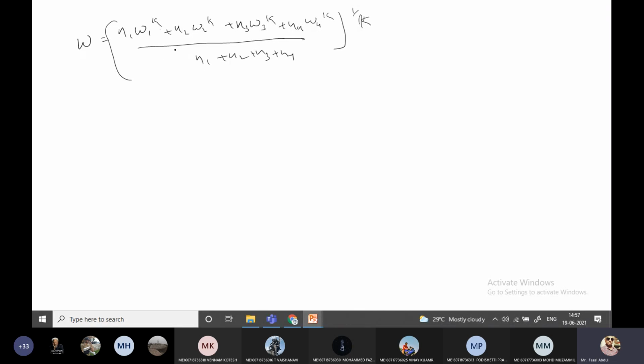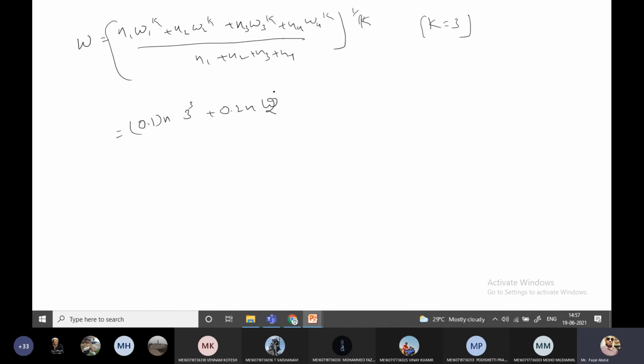Here N1, N2, N3, N4 and W1, W2, W3 are given in the question. So again I am writing what N1 is. N1 is 0.1 of the number of revolutions, and W1 is given as 3. Here I am taking K as 3 because it is a ball bearing; the question itself mentions a ball bearing. So W1 is 3 to the power 3. N2 is 0.2 of the number of revolutions, and W2 is 2 kilonewtons.